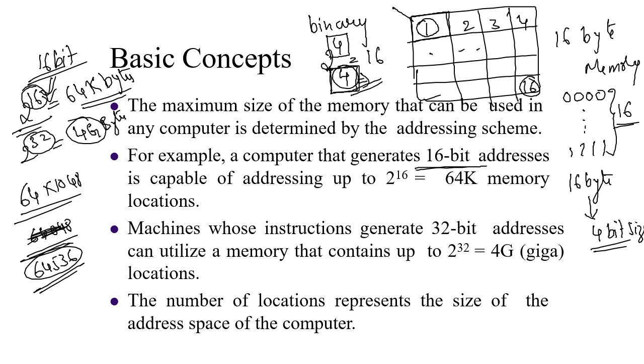The main part here is each location has a capacity to store 1 byte of data, sorry, not 8 byte, 8 bit of data, or 1 byte of data, and each byte of data will have one address. So based on the number of locations you have, you need to generate so many addresses. In order to generate the address, you can represent the number of locations present in memory in powers of 2, and the power will give you the number of address lines that are required to interface that particular memory.